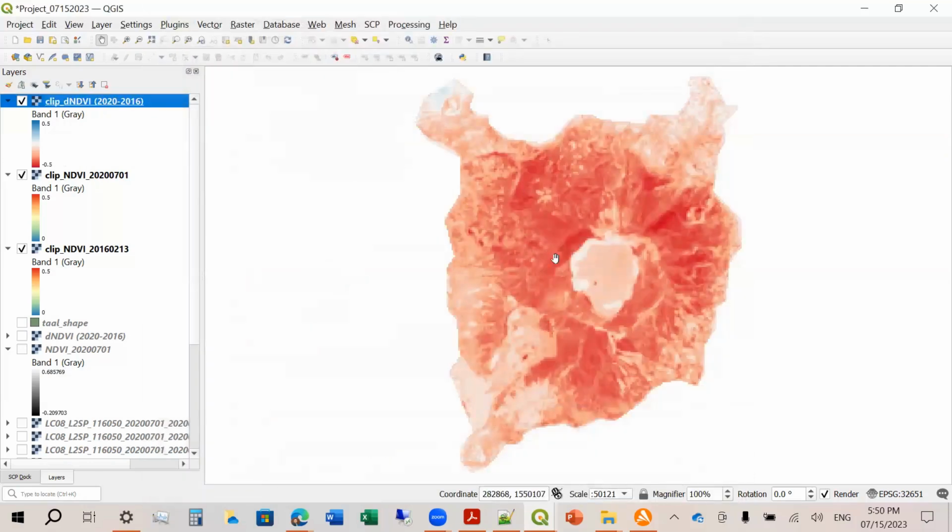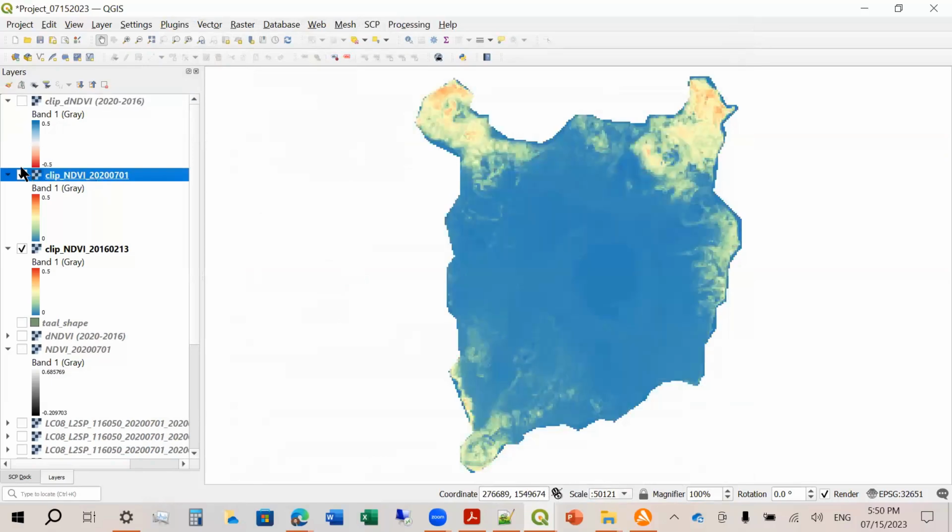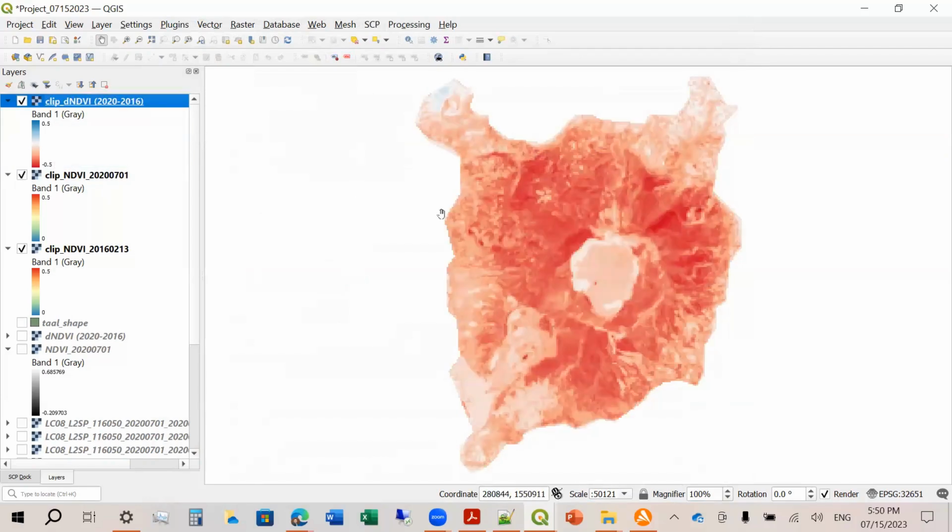Okay, so you will see here that 2020 to 2016, this area has a great reduction of NDVI. Okay, as you can see in our data here. Okay, so let's save again.